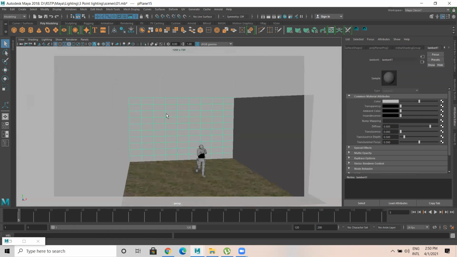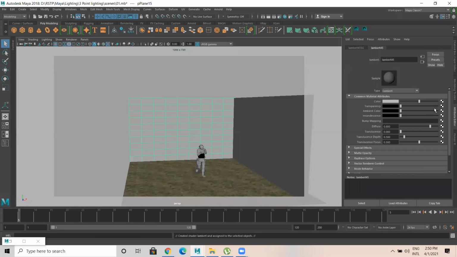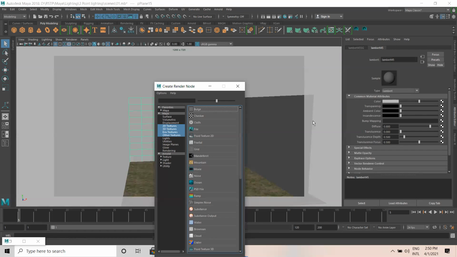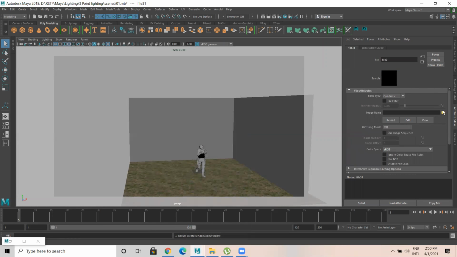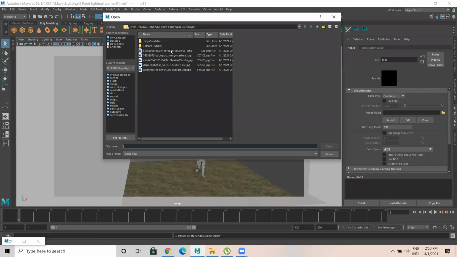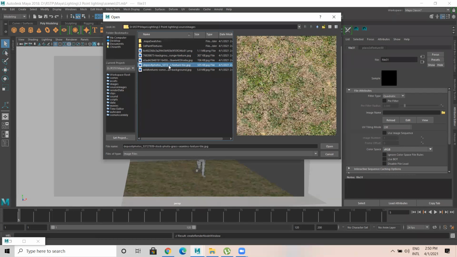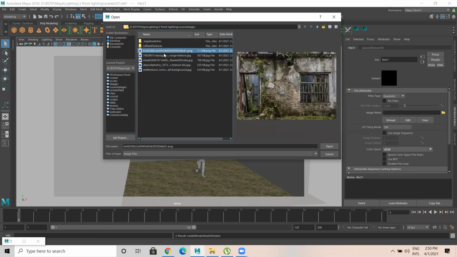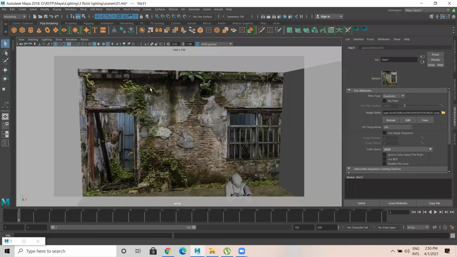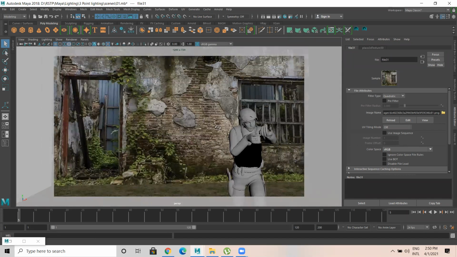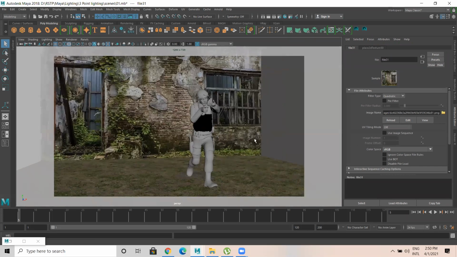Now let me select this. I'll apply a new material, again Lambert. Click on this checker box, add an empty file, and in file, you add this. Let's see how this looks. Looks cool, not bad.